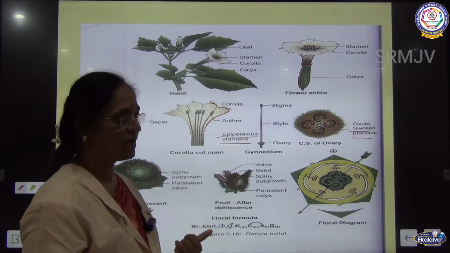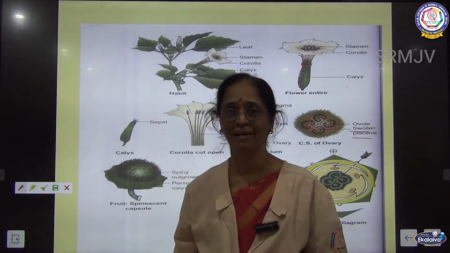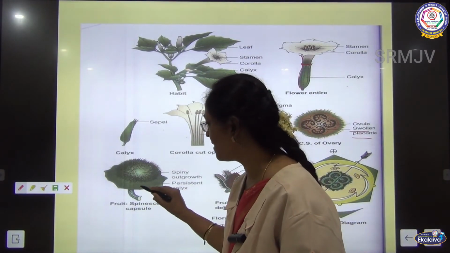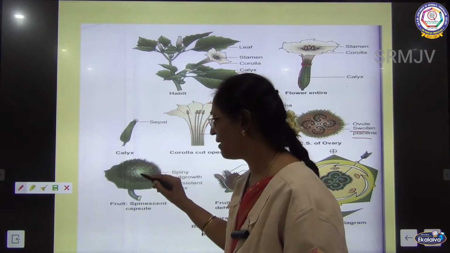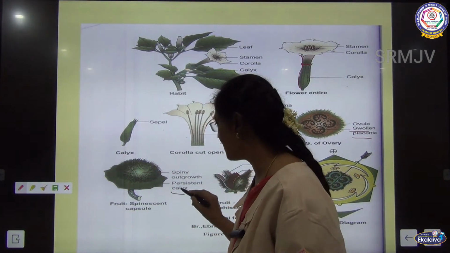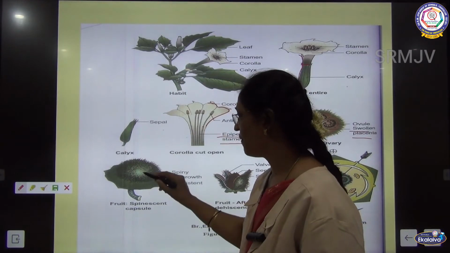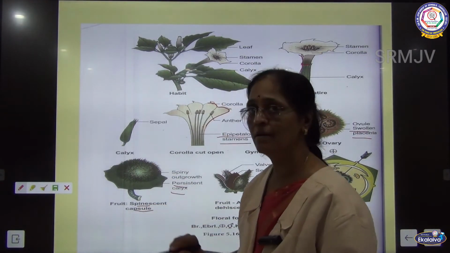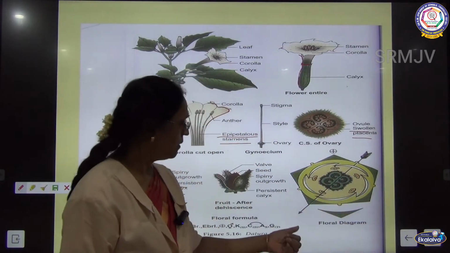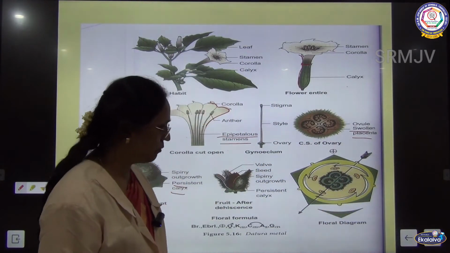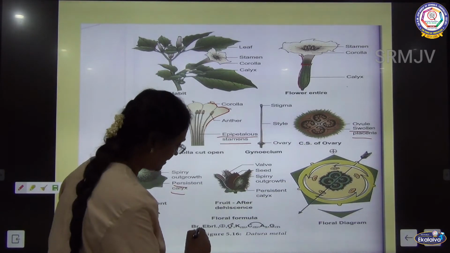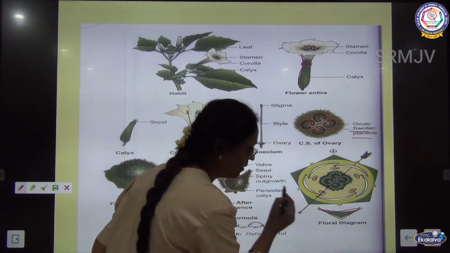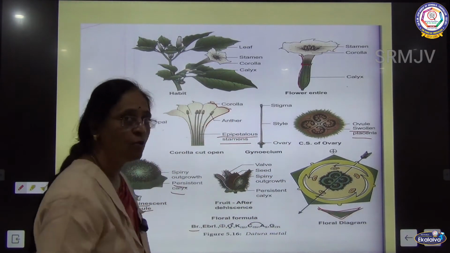And here you said that sometimes the duration of the calyx varies in some of the flowers. So, here you will find that the calyx is with the fruit, after the fruit formation is there. So, you will find the persistent calyx, and this is a spiny outgrowth of the fruit. So, you call this fruit as spinescent capsule. And when it comes to the floral diagram and the floral formula here, it is a bracteate flower. So, you have drawn the bract here. Okay, this is bracteate, and there are no bracteoles.